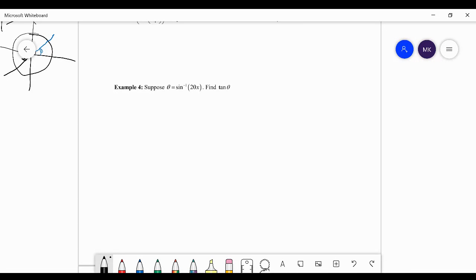This is a problem that's going to have quite a few steps in it, but we're going to start out as simply as we can. So let's start first with theta equals inverse sine of 20x. Now, what do I do here? Well,